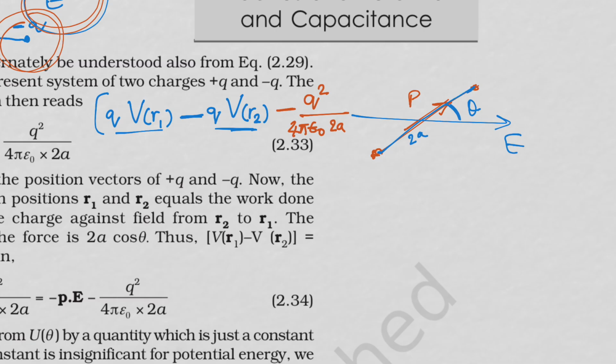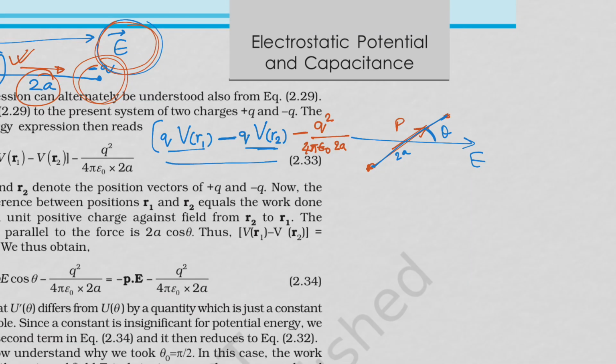Now, if we have to derive the value of these two potentials in an external field, we can use the relation between potential and electric field, in which we talked about